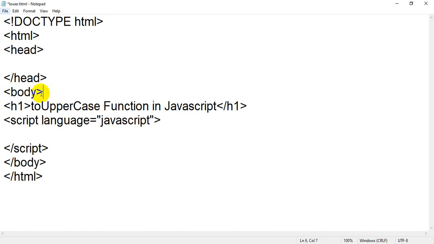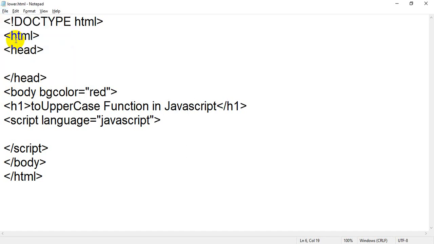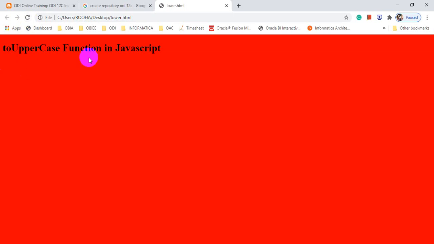Let me change the background color so it looks a little better: bgcolor equal to, for example, red. Let me save the file. Now flip back to your browser. You will get a colorful red page, and the toUpperCase function in JavaScript text that I have written.